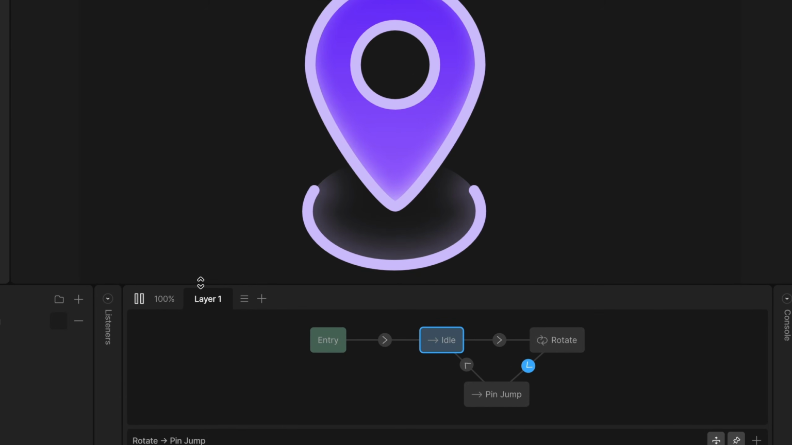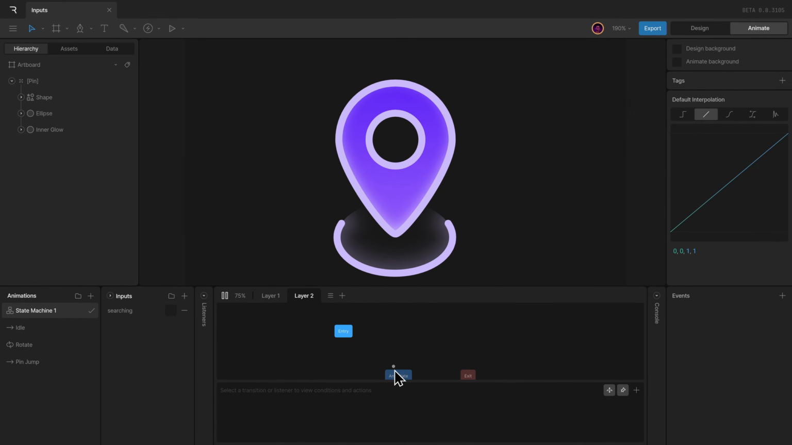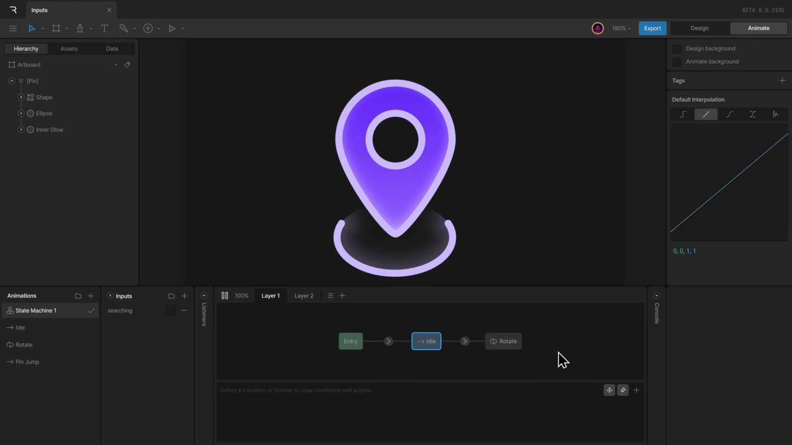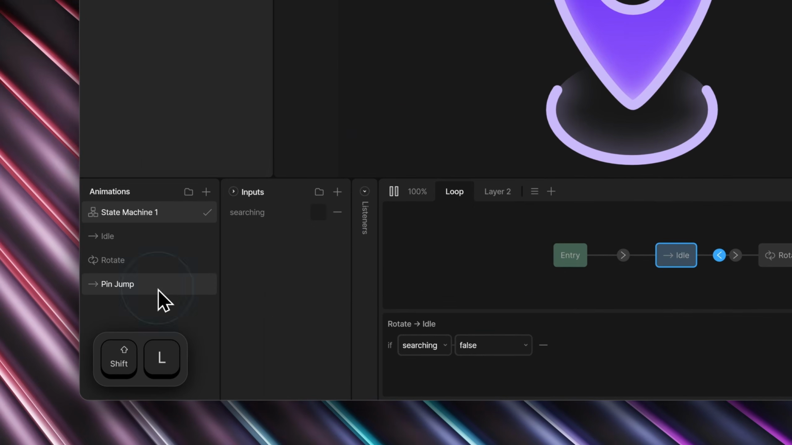In this case, we have the layer 1. I can add another one by clicking on the plus icon and set up the transitions as we have done before. So I can set up another layer for the pin jump animation or the pin jump interaction. So I can remove it from the first state and set up the transitions we had before. From rotate, we can go back to idle after making sure one loop is completed, and the condition for that will be the searching input should be set to false. I can change the name of the layer as well, say the looping animation,